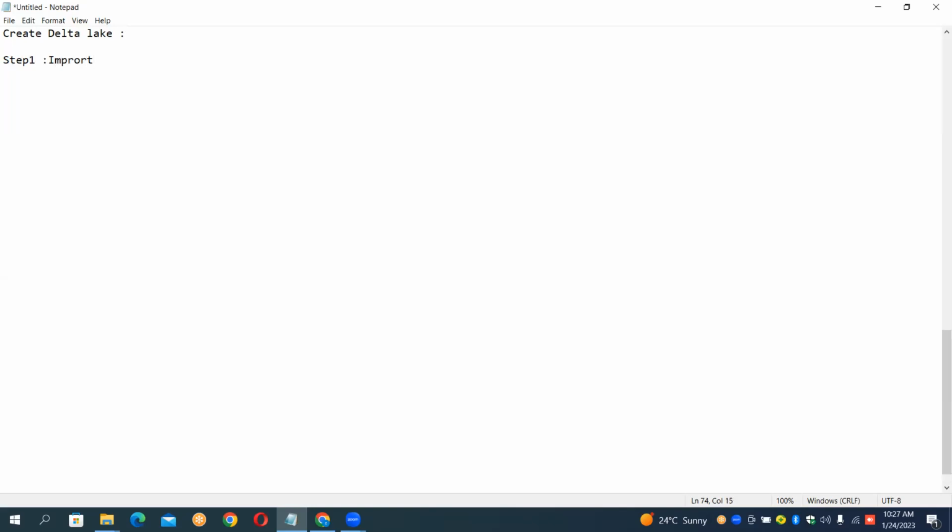Import required PySpark libraries. Okay, and then step two, guys. The step two, yes, step two is what? Create